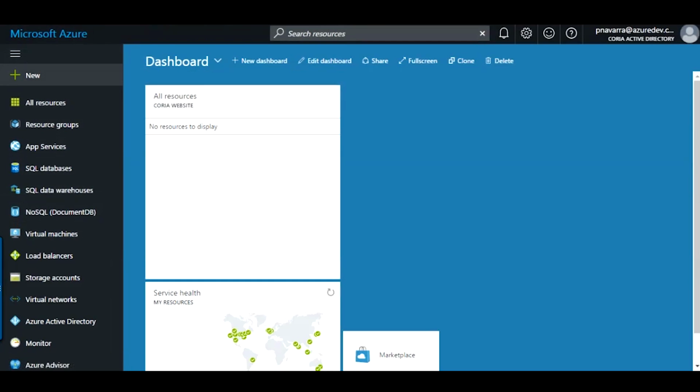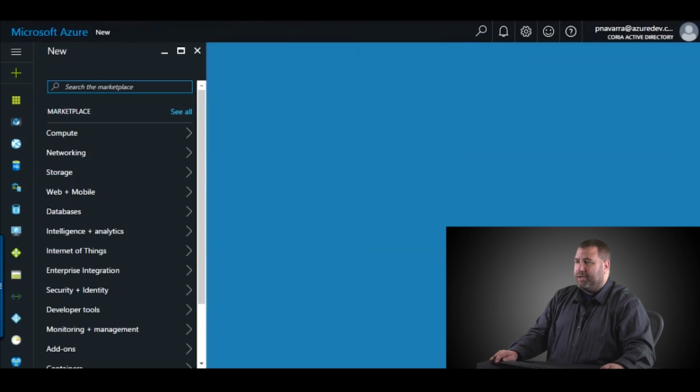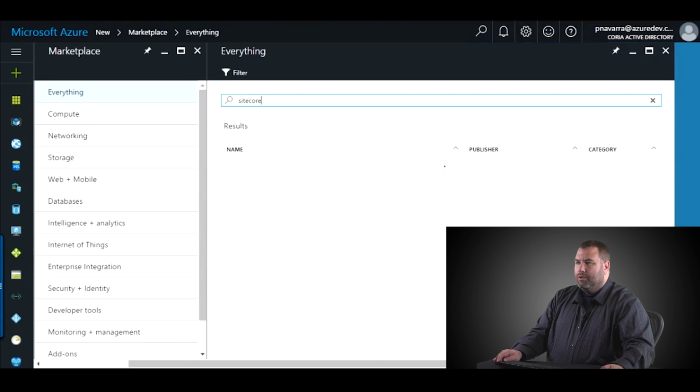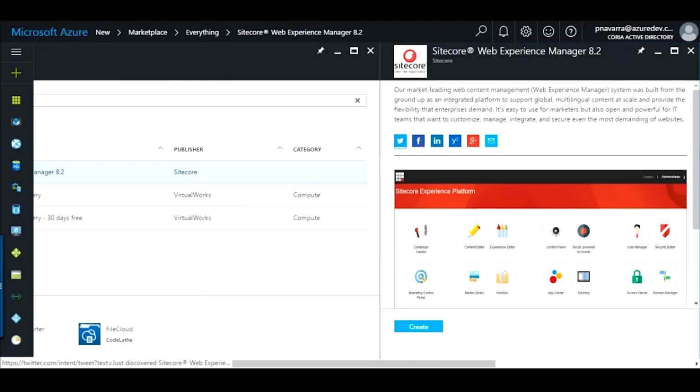So the first thing we're going to click on is the new button here. And I want to actually search the marketplace. We're going to start typing for Sitecore. You'll see that doing a search for Sitecore will actually reveal the Sitecore Web Experience Manager 8.2. So I'm going to click on that,